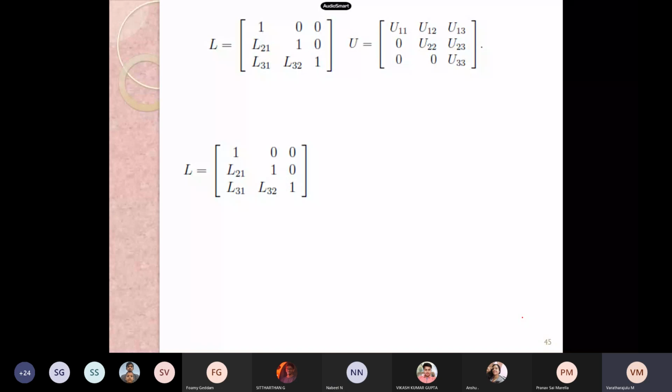Then the first one will be U11, sir. U11, good. Second term will be U12. Okay. Third term will be U13, sir. Okay, good. But I'll tell you one thing: please try to write down this term at the top